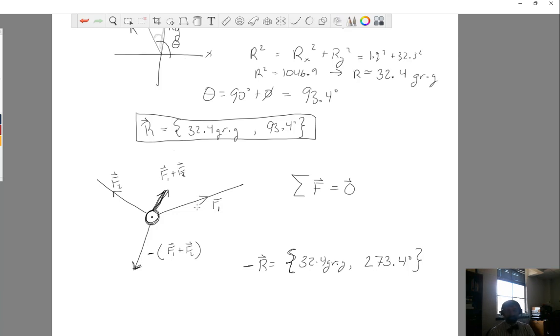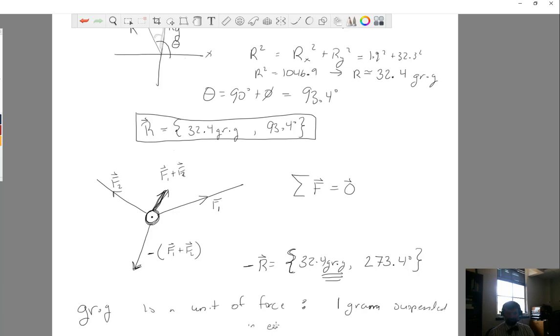Okay, so the last thing that you need to know in order to do this lab at home, and you don't really need to know this, but it's maybe just useful information when you get to lab in particular. What does gr.g mean? So gr.g is a unit of force, and what it's equivalent to is 1 gram of mass suspended